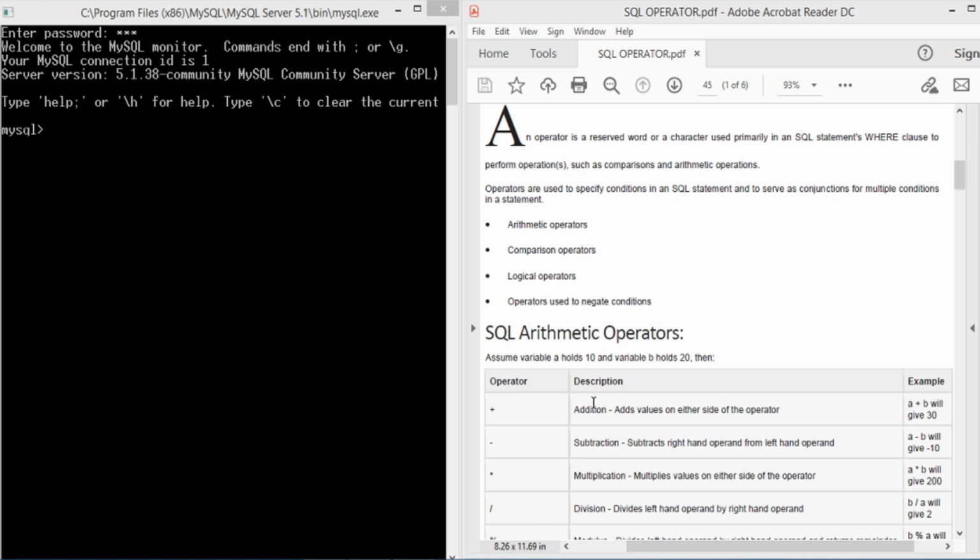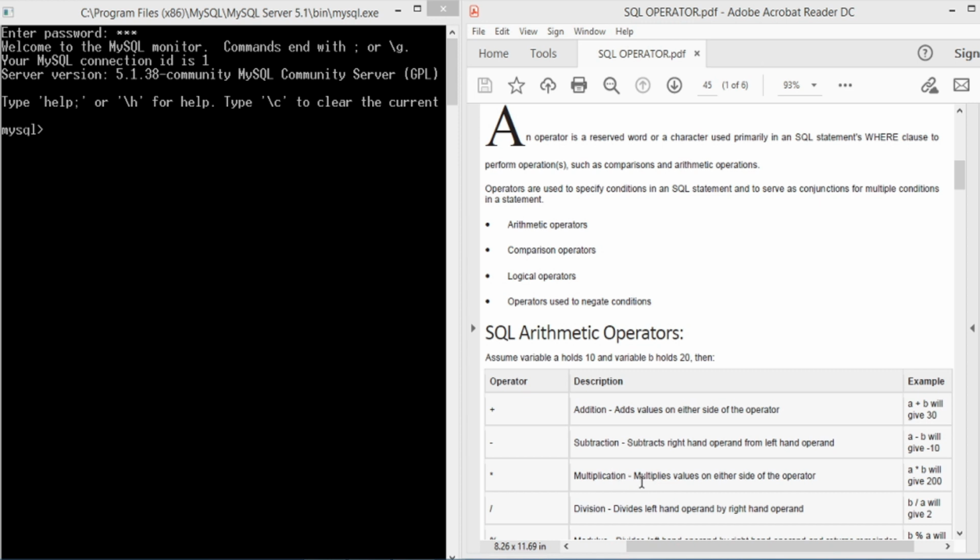If we perform the addition operator between these two variables, we get the result a plus b as 30. If we perform the subtraction operator between these two variables, we get the result as 10, b minus a, or 20 minus 10, as 10.